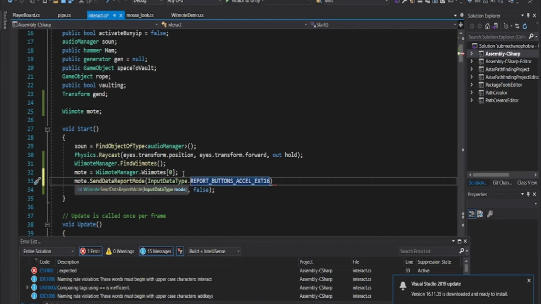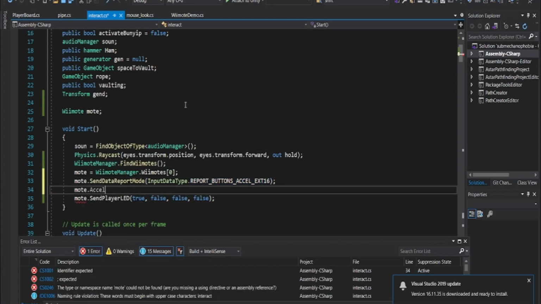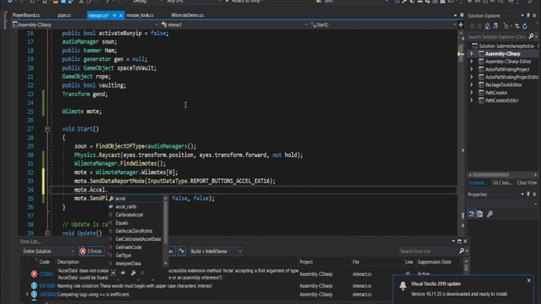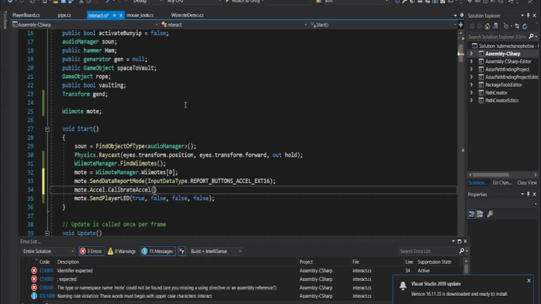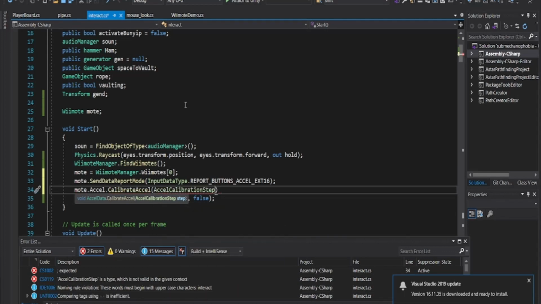Now I don't know what extension 16 means, but if you just did report buttons acell, it would work perfectly, except you would not be able to use the Nunchuck in anything, and where you want to be able to use the Nunchuck, this works exactly the same no matter what you do. Mote.acell, which is the acceleration stuff, dot calibrate acell, and then acell calibration setup, and then what you do next